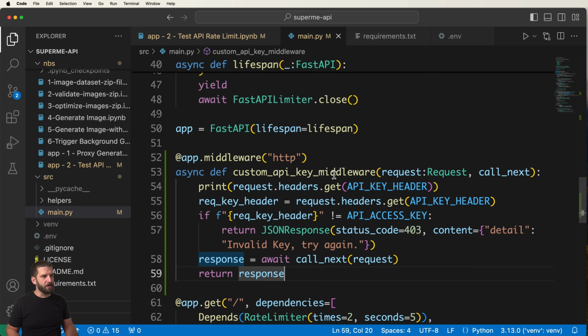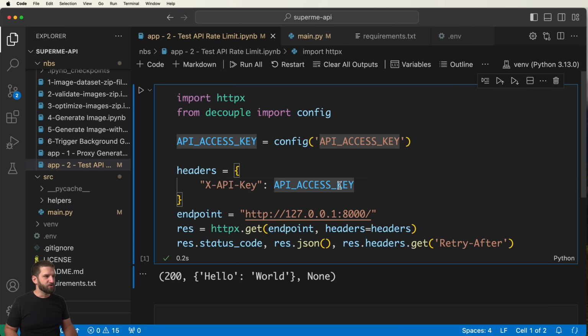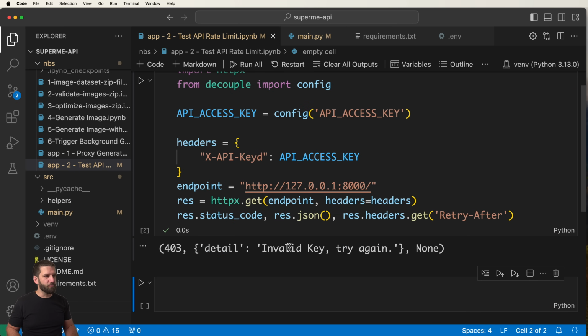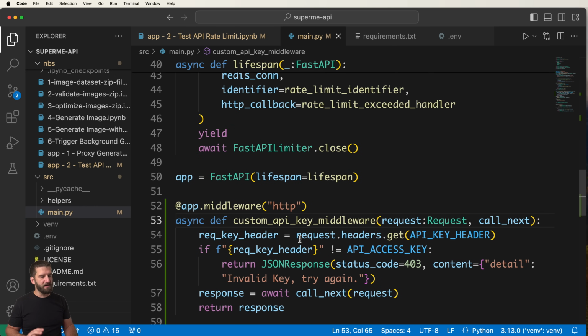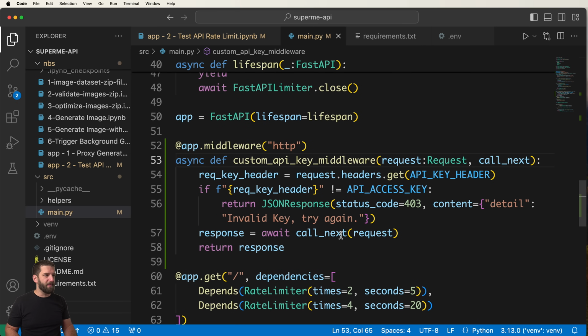Okay, so now what we're going to do is try this out with an invalid key. To do that, I'm just going to bring in a different header here. I'm going to run this, and there we go. Invalid key, try again. Now if I put the key in, it works. And it works in conjunction with the API requests as well. I'm now going to get rid of that print statement, and there is our custom middleware that allows for this